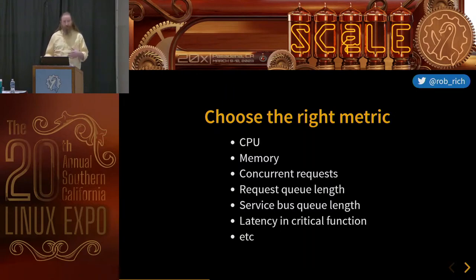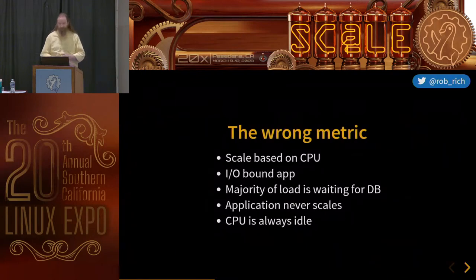If we choose the wrong metric, we could artificially scale too high in a scenario that doesn't matter, or artificially keep it too low, leading to system outages. We need to pick the right metric to scale on. And this is why it isn't automatic, because it depends on what is the metric in our workload. So, picking the wrong metric. Let's scale based on CPU, because if our application is using more CPU, then it makes sense that we ought to scale up. But in this case, our application is not a CPU-bound workload, it's an I/O-bound workload.